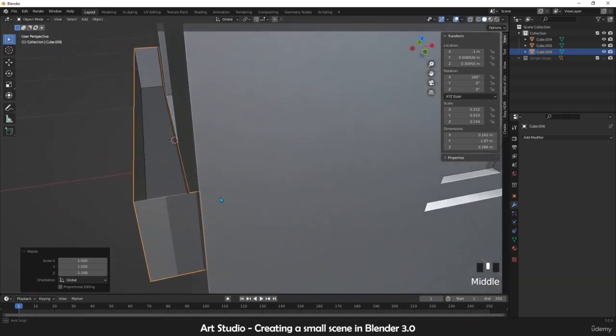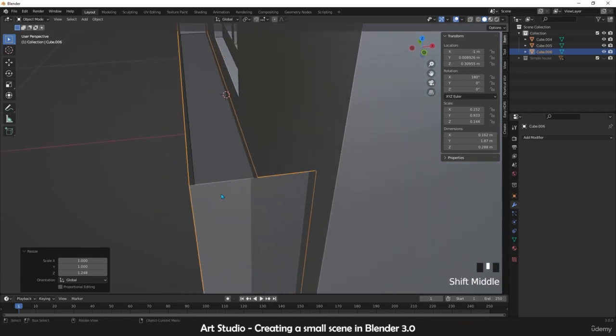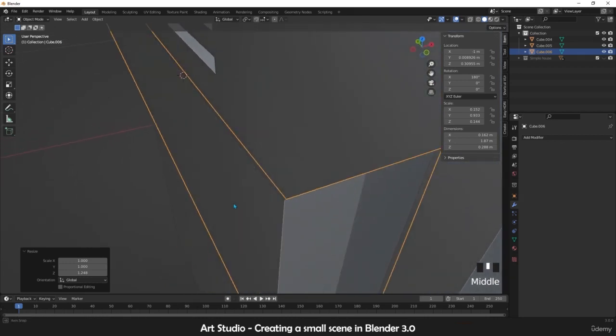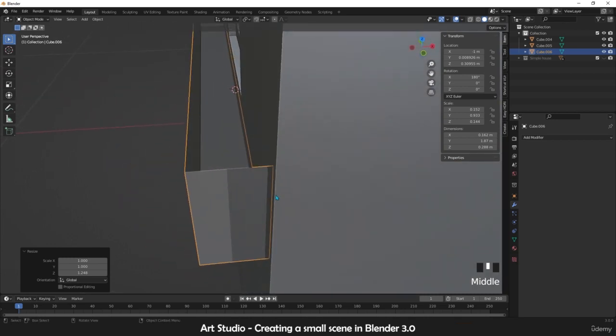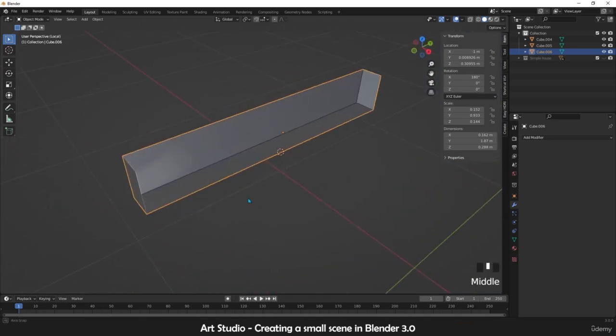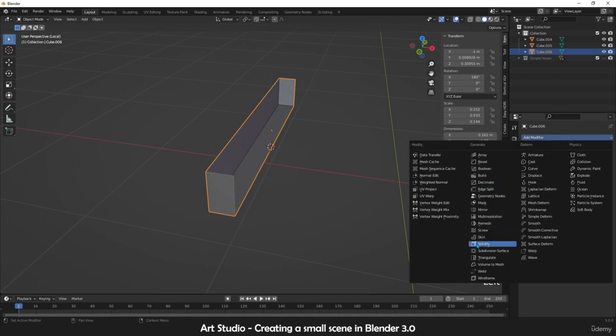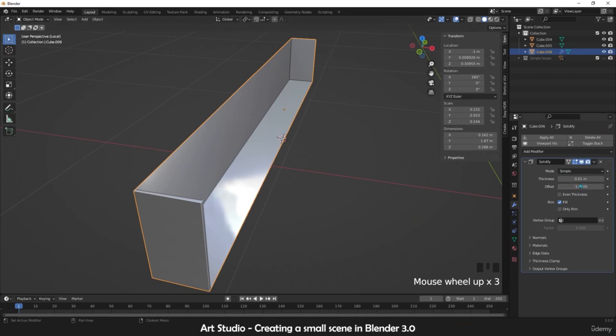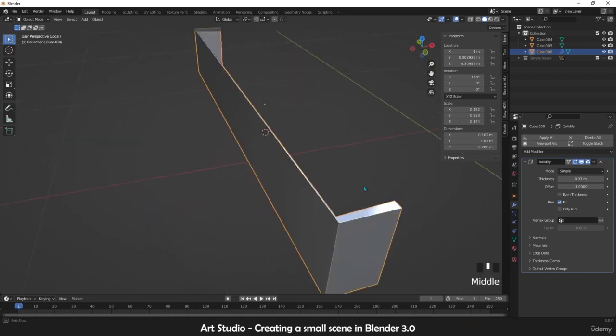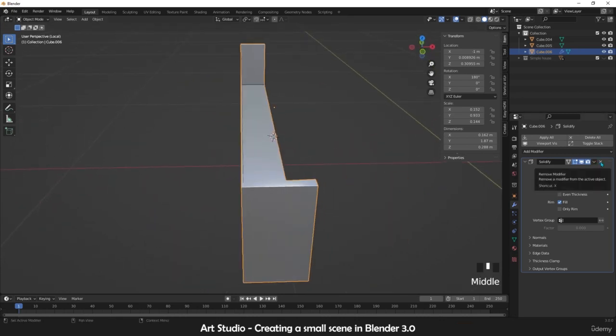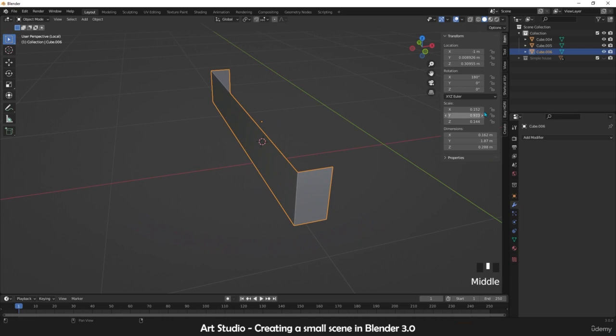Now I want to add some depth right here. As you can see, this is too thin. If I press numpad slash, it will focus just on that specific part. So we go to the modifier tab, which is right here, this icon, and we add a solidify from the generate menu. So it's going to be the solidify modifier. Before that, I just delete that and again, if we look at the scale,